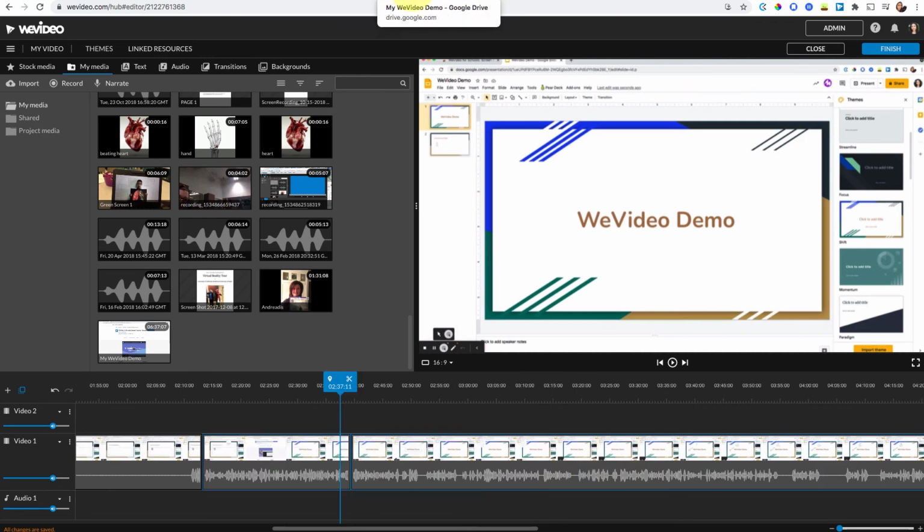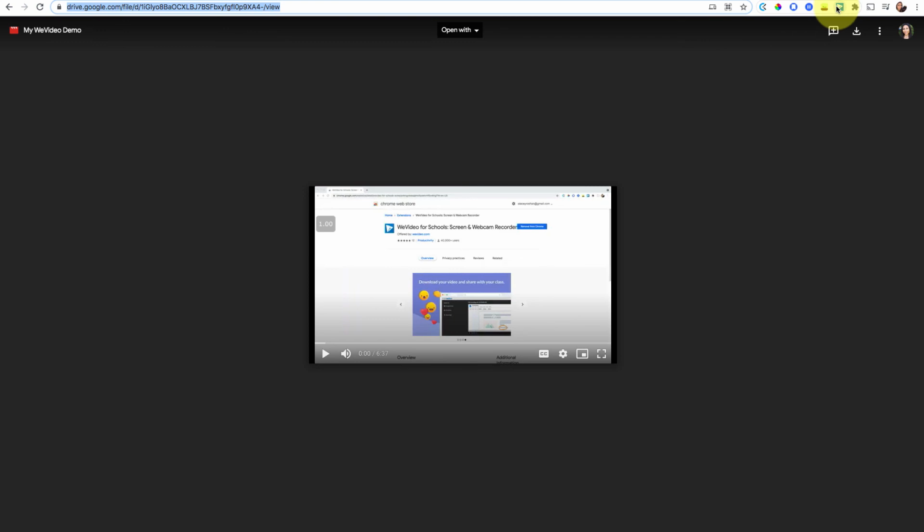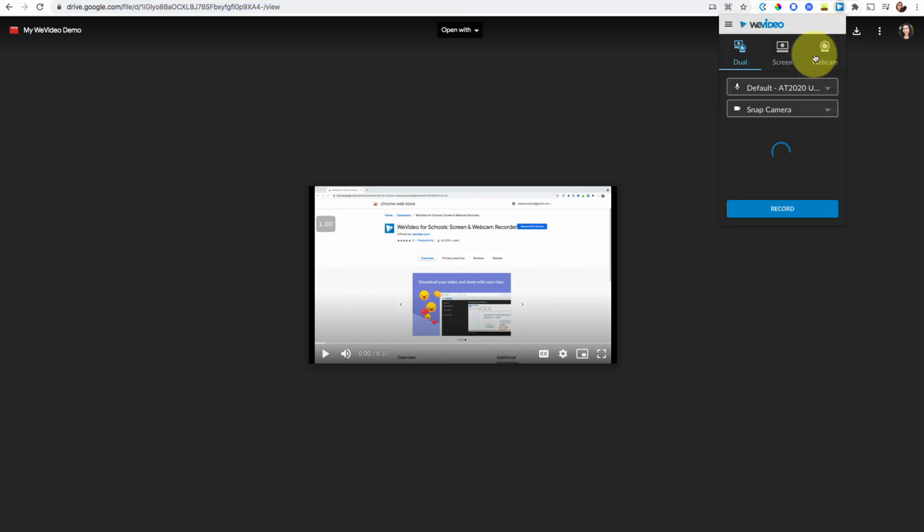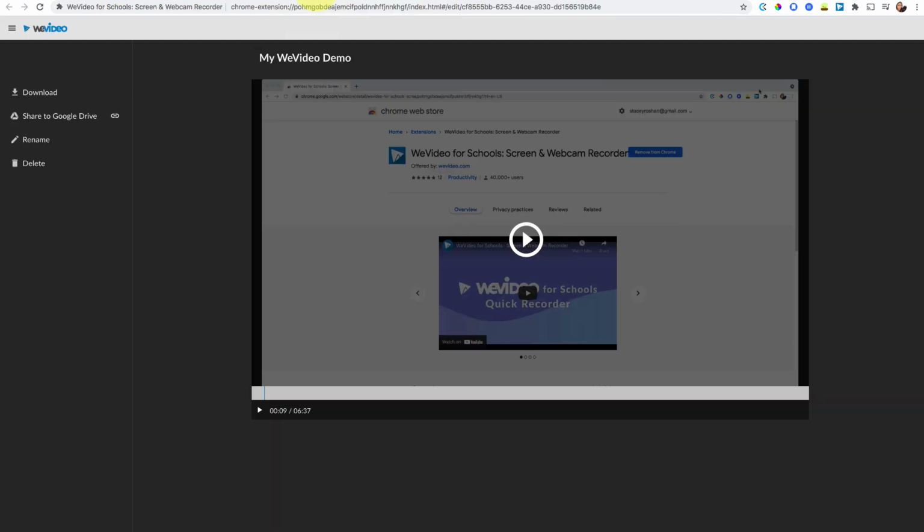Again, I think the quickest, easiest way to do things is to just go over to the Chrome extension, choose if you want to do dual or screen, whatever you want to do, press record, and then at the end, you can just share it to Google Drive, get the quick link, no editing, just meant for a very quick little instructional video to be able to